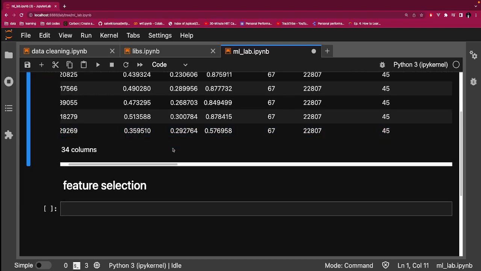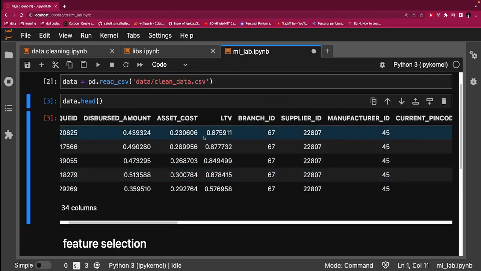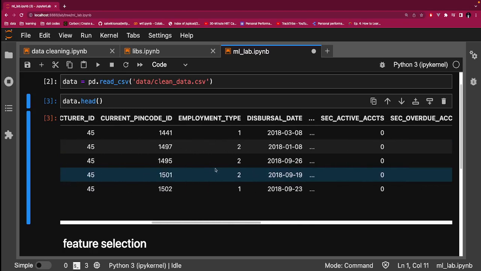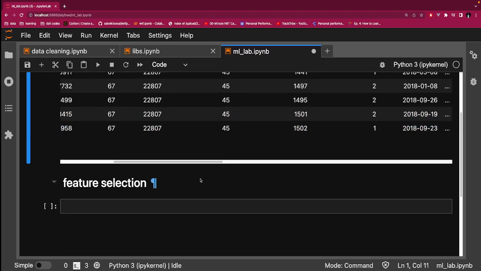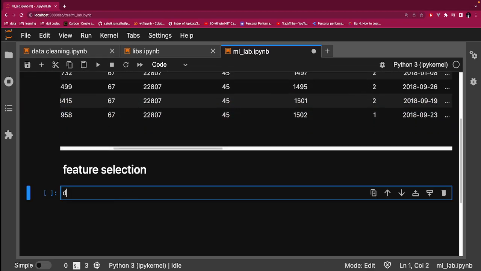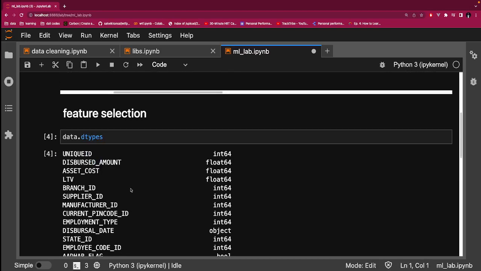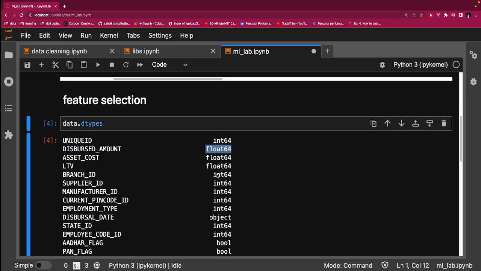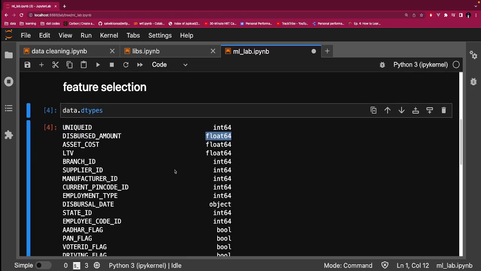So the input variables are these x variables, and then the output variable is the loan default, in case I confuse you. So let's look at the data types for these features. And it is from these data types that we can determine which